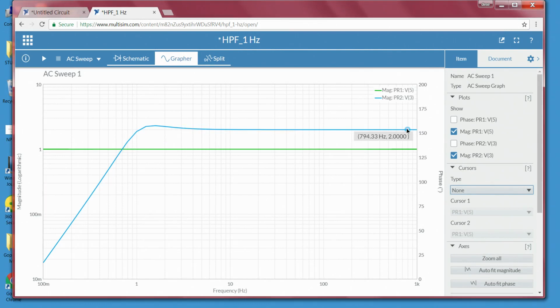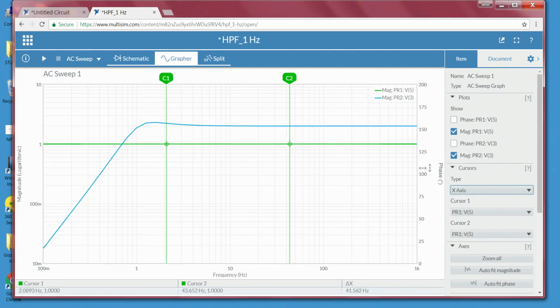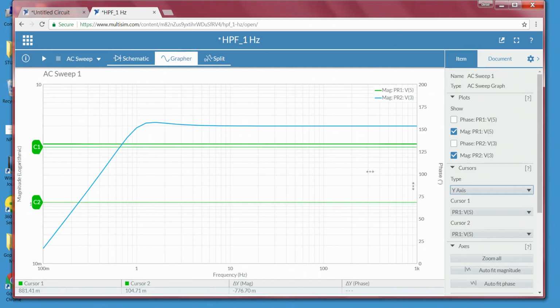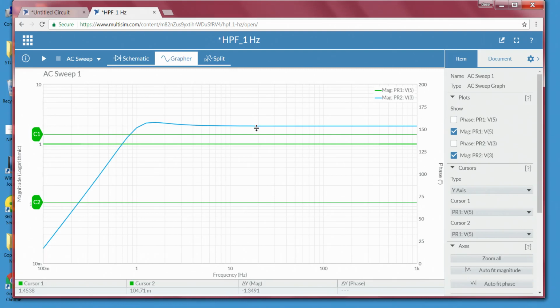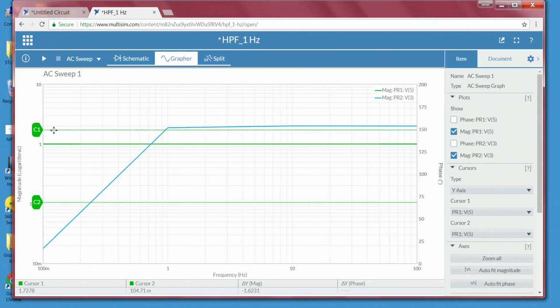Now, if I want to calculate the cutoff frequency of this particular filter, the characteristics look like our high pass filter characteristics. So, whatever we designed is also a high pass filter with a 1 Hz cutoff frequency. To visualize it, I will take an amplitude cursor, a y axis cursor, and put C1 at 1.7, because the 3 dB line is 3 dB below our maximum amplitude. Maximum amplitude is 2, so 2 minus 3 dB, the magnitude should be around 1.7.